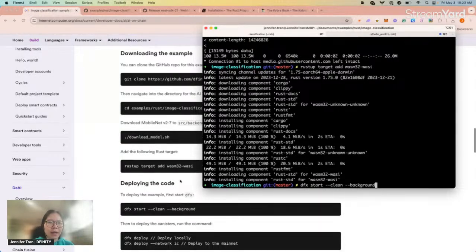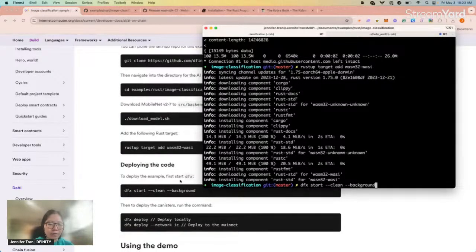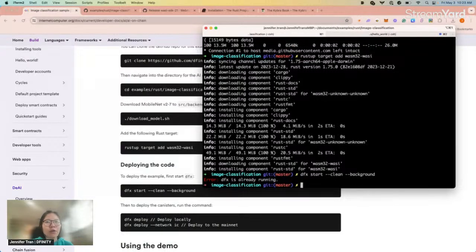You should then be able to do a dfx start --clean --background to run ICP locally. It seems like I already have ICP running in the background, so that's why I'm getting an error.